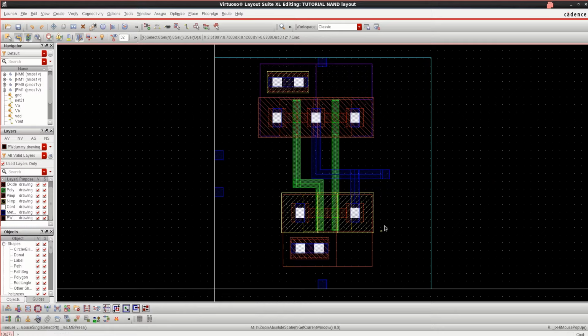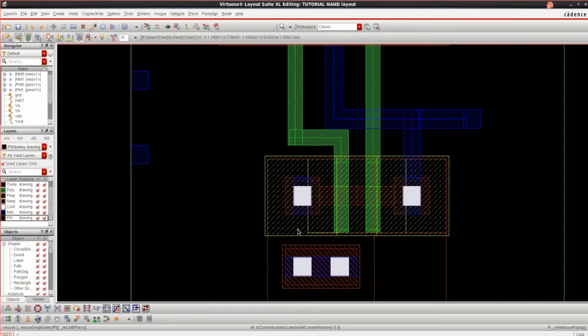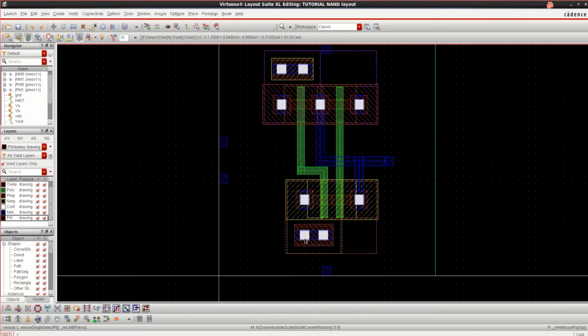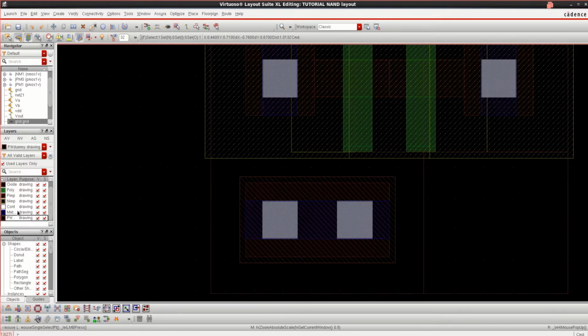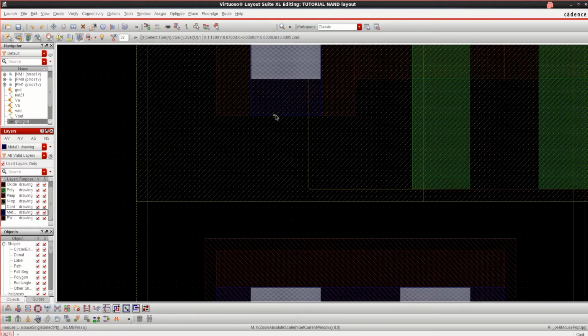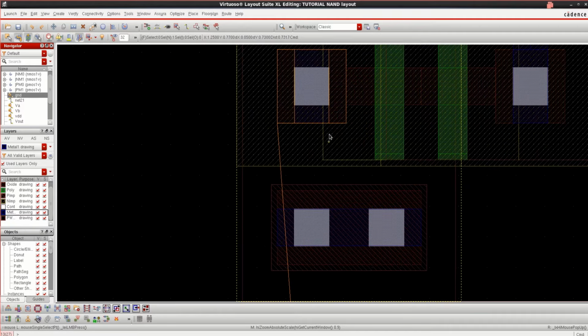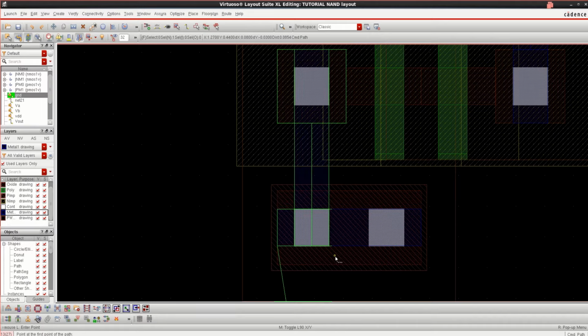Once these are placed, now you have to connect only the logical pins. If you want, you can make the connection from here, that is ground. Ground should be connected to the substrate, then it should be connected to the ground node. This is the ground node. Use metal one drawing, or I'll use the VDD here. Ground, sorry, it is the ground path. Press P and you can draw from here.